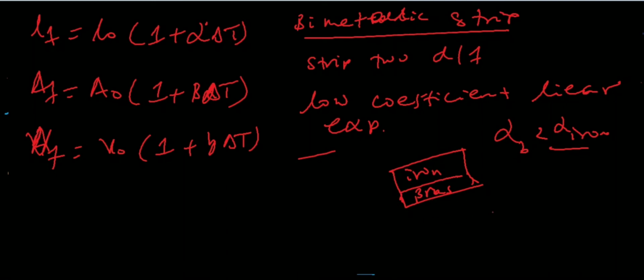Then it will bend toward the brass. It looks like this. This is iron, this is brass. Why? The coefficient of linear expansion of the brass is less than that of the iron. This is known as the